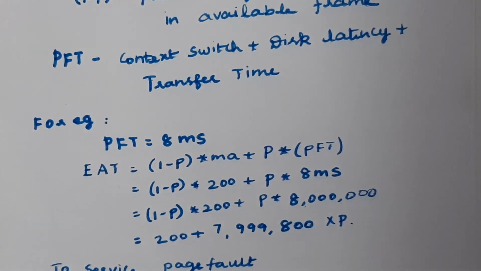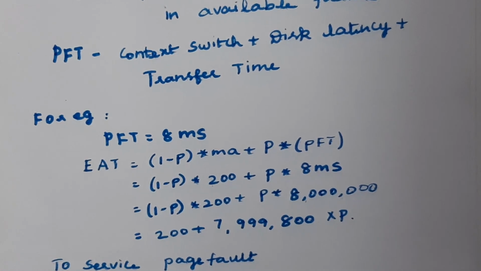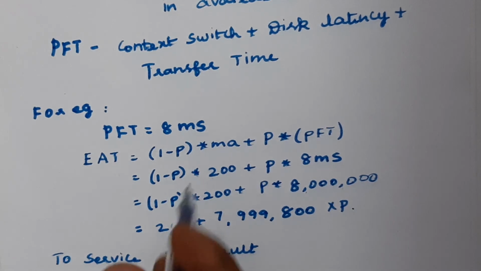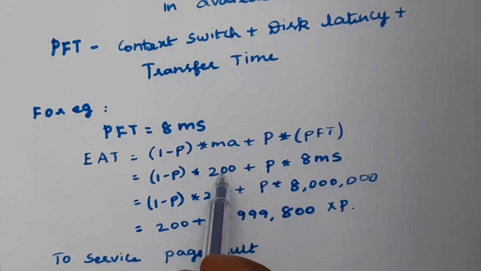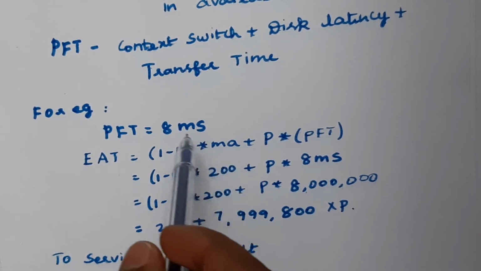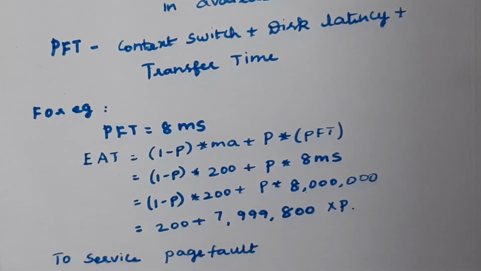Okay. So when you come to the calculation of the effective access time, if you are considering the probability, and the memory access time, as I told, ranges from 10 nanoseconds to 200 nanoseconds. So here in this example we have taken 200 nanoseconds for memory access time, and for page fault time it is given as 8 milliseconds. Because for the page fault time, you need to perform the 3 major operations, that is, service the page fault interrupt. So you need to respond to that interrupt.